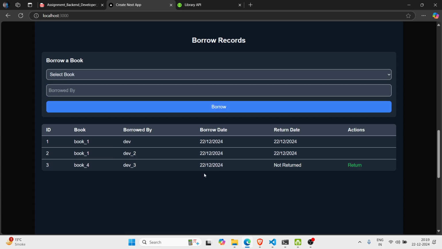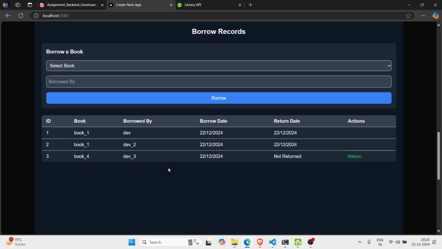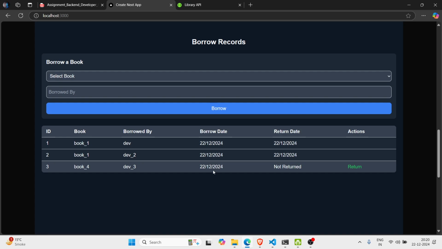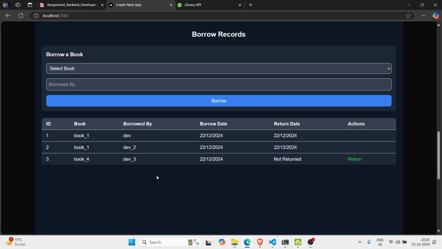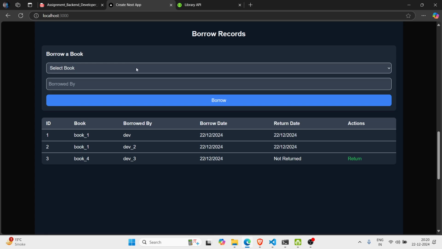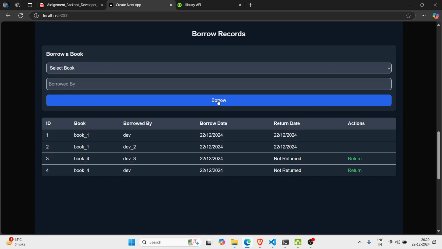So here book has been borrowed, and the list we can see here. This is how the borrow books works. Let's borrow one more book, and borrowed by Dev. Here we can see the 2 books have been added,